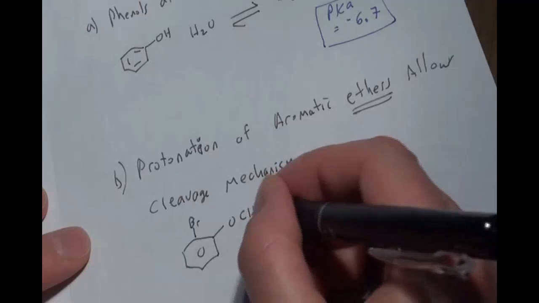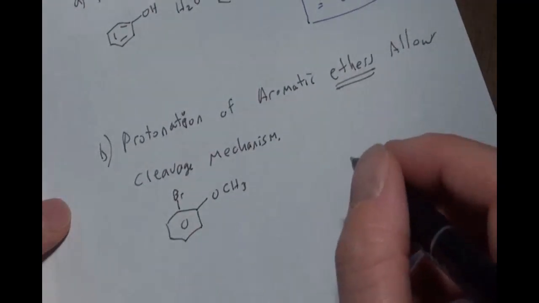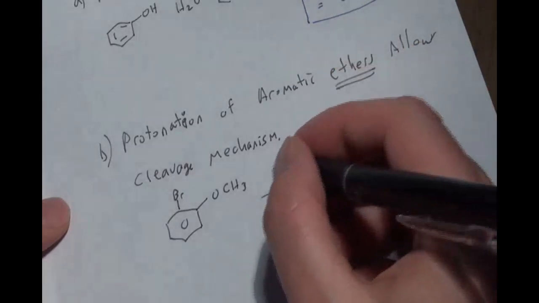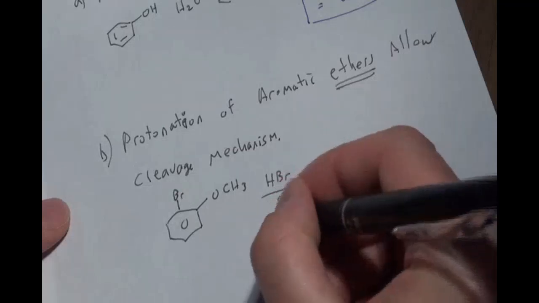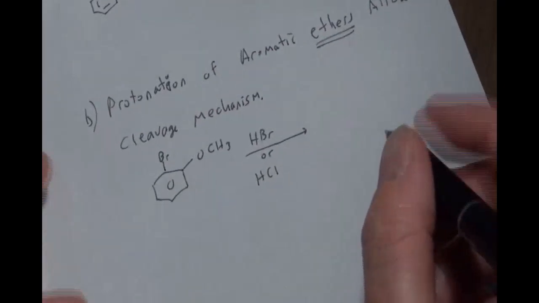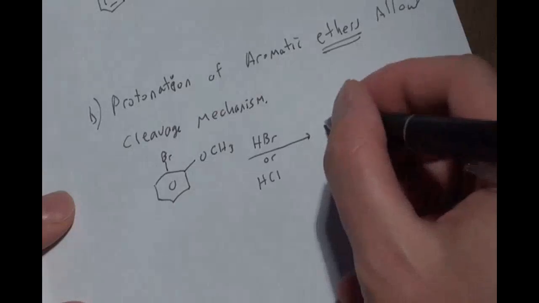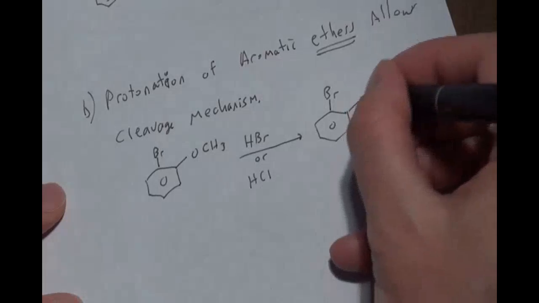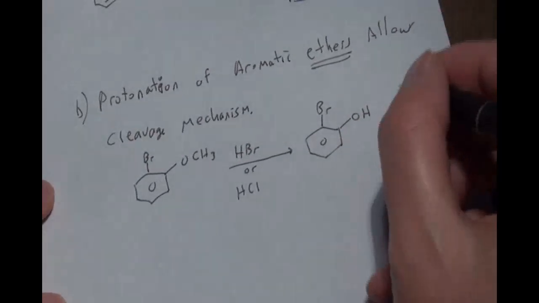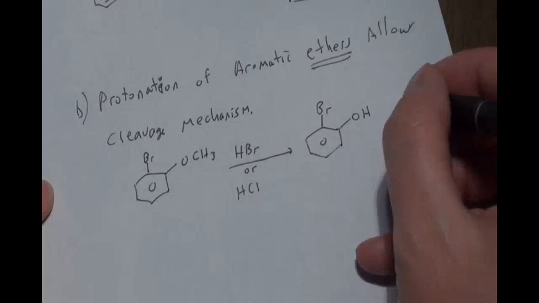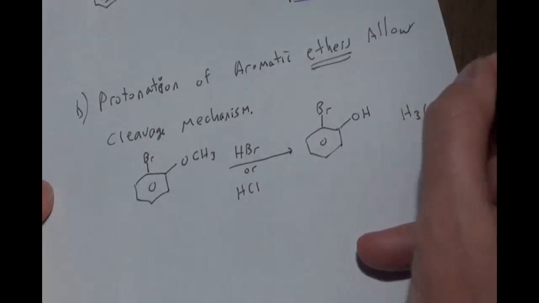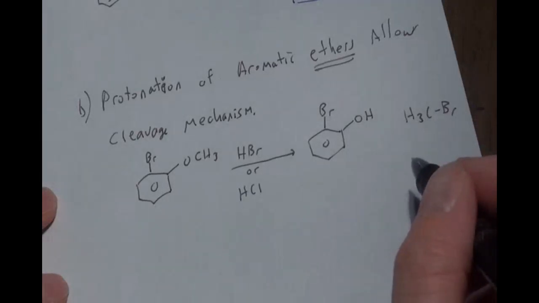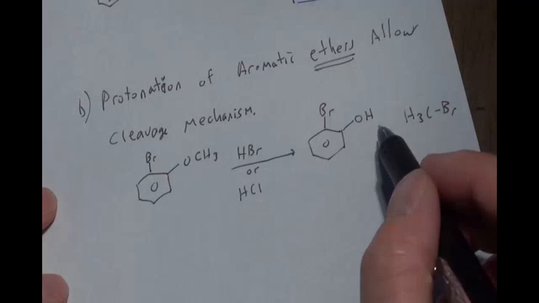Okay, so this is an aromatic ether, a methyl ether, and we've seen this a couple times throughout organic 1 and organic 2. If you react it with nucleophilic acids like HBr, it cleaves the ether and gives us a phenol and bromomethane. It's kind of like a Williamson ether synthesis going backwards, because remember, a Williamson ether synthesis is where you